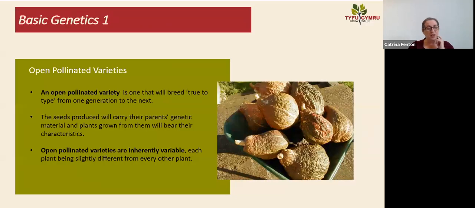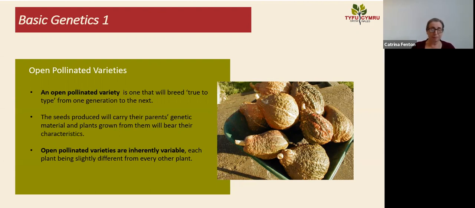So let's just remind ourselves, growing for seed is going to require those methods that will preserve those distinctive features of that variety by controlling seed production within that variety. And that process today that we're talking about is going to be selection. So we are dealing, as we've already mentioned, in open pollinated varieties. So these are ones that are going to breed true to type from one generation to the next with a little bit of care, and that essentially means that that plant variety is going to retain those distinctive characteristics of